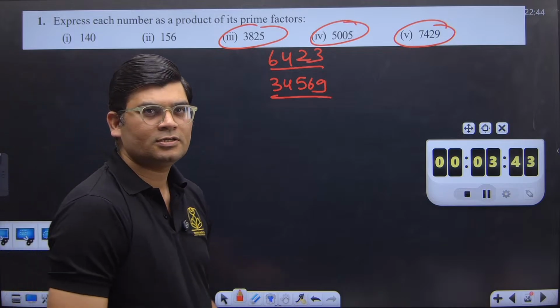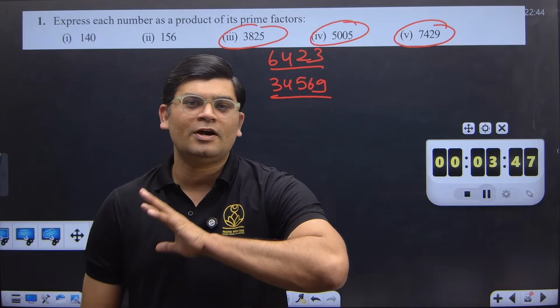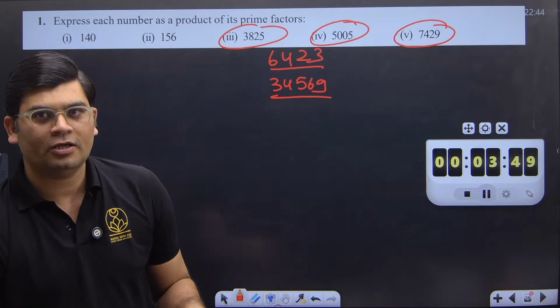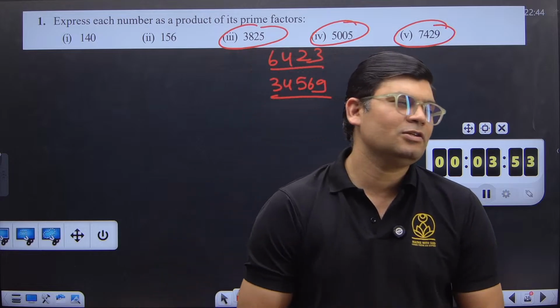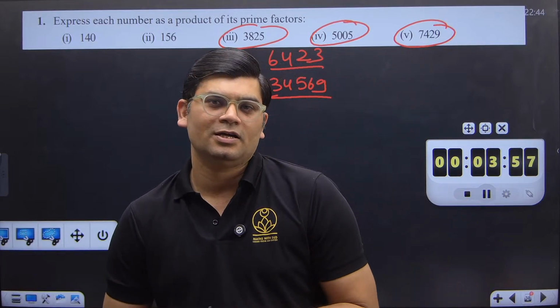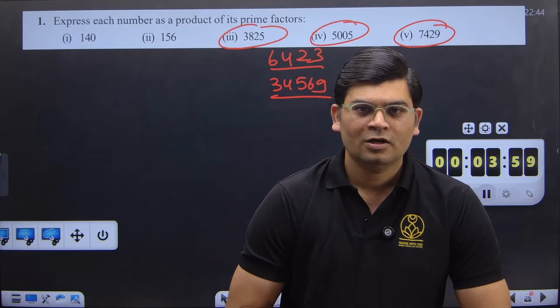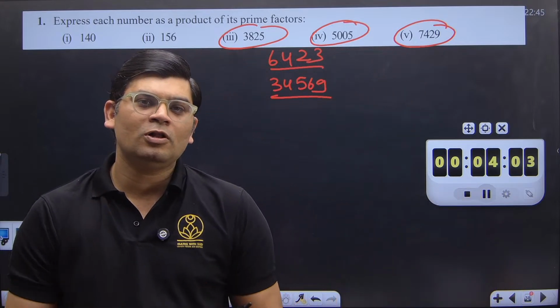Exemplary scholars, you must remember all the squares. The first thing you have to do is remember the squares up to 40. You can ask me any square and I will give you the answer in just seconds. Hardly will it take 5 seconds for me. So there is a trick to remember all the squares, and if you remember all the squares,